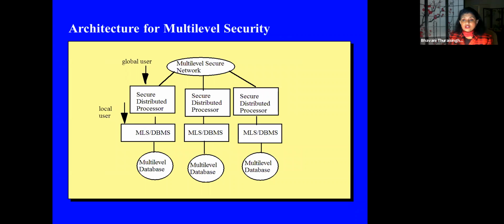Okay, so now we go into multi-level security. Remember, in a multi-level secure system, users are cleared at different sensitivity levels, and data is assigned different security levels, and the user has clearance levels, data has sensitivity levels, and users read the data usually at or below their level. When you enforce Bell-LaPadula, they write data at their level. Bell-LaPadula says at or above your level, but we are saying you write data at your level. So you have different multi-level secure processors at each site. You have a multi-level database system. Each system is managing its own multi-level database. And of course, you have a multi-level secure network. That's the architecture.